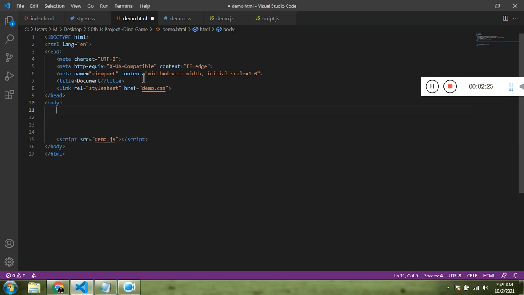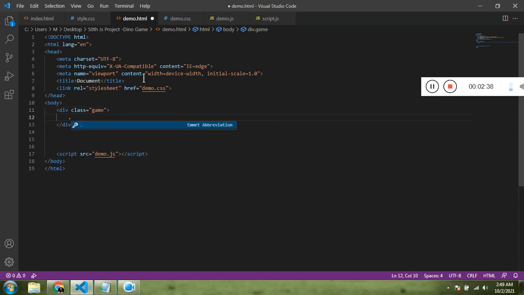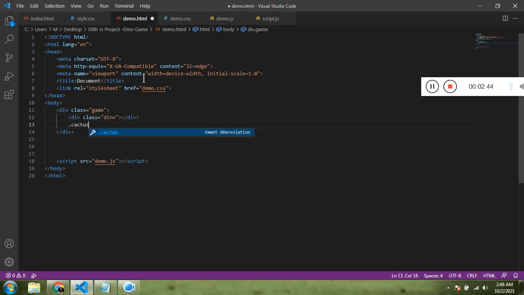Now here what we need is a container div. Let me name this game, and the game div is going to have the character, which is the dino, and then the cactus plant, and finally the score.